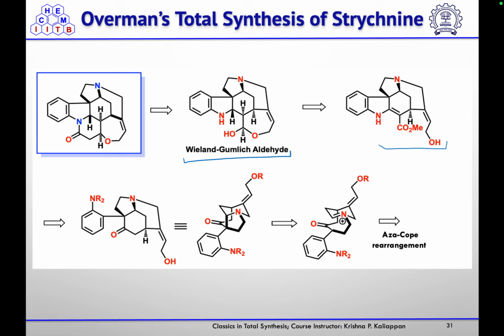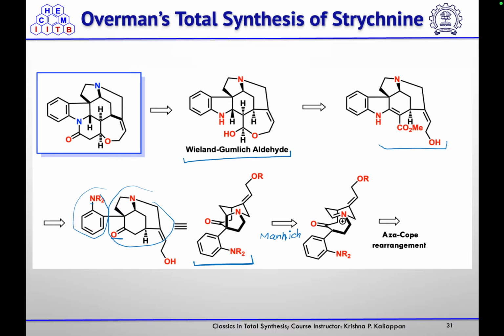And then here he wanted to connect this side chain with this ring. So for this, nitrogen will form imine with this carbonyl group, and then isomerization. So this molecule we can rewrite in this form. So you have this alpha and this beta. So this is beta amino ketone, and beta amino ketone could be obtained from the Mannich reaction. So here he wanted to use Mannich reaction to form this ring.